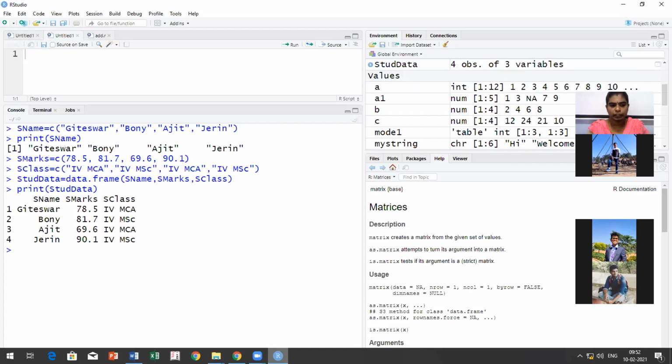Okay, so now look at that. In the previous case, when I was printing the matrix, I can see the row has numbers, the column does not have any variable name, the columns also had numbers like 1, 2, 3. So now, how do I access these things? I can access these values by the attribute name. I can access by calling the name, the mark, or the class. Instead of calling the index by 1, 2 and 3, I can use the column names, or I can say attribute names. So here we have totally three columns. One is the name, the other one is the mark, the other one is the class.